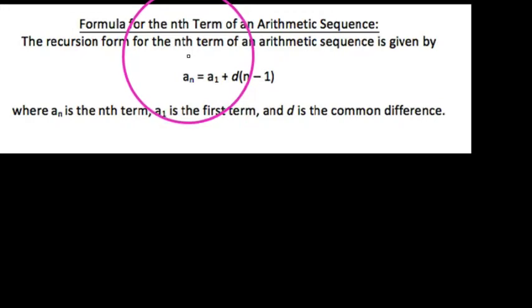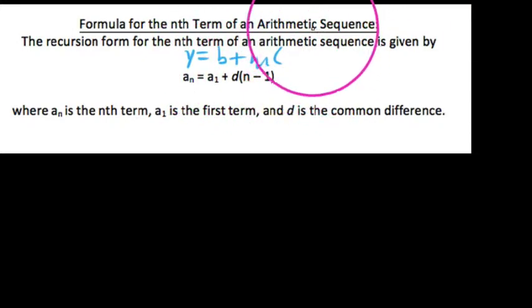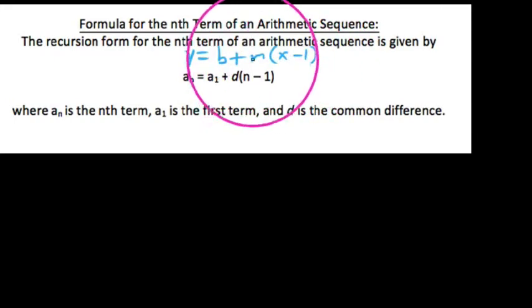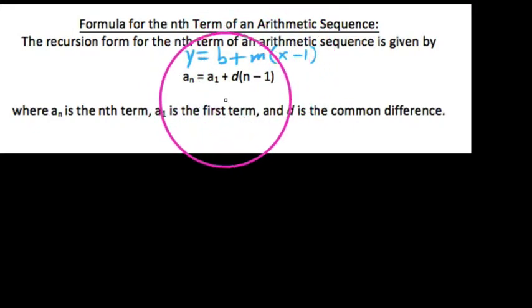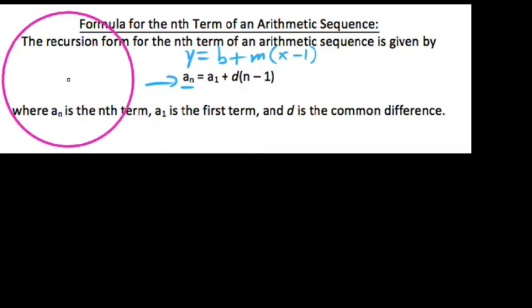If we were talking about a function like y and x instead of a sequence, this would say something like y equals b plus m. Let me rewrite that in here: m times x minus 1, which is an interesting story. This would give us the equation of a line. So what we're doing here is the same type of thing, but this says if you want the nth term, this is the rule